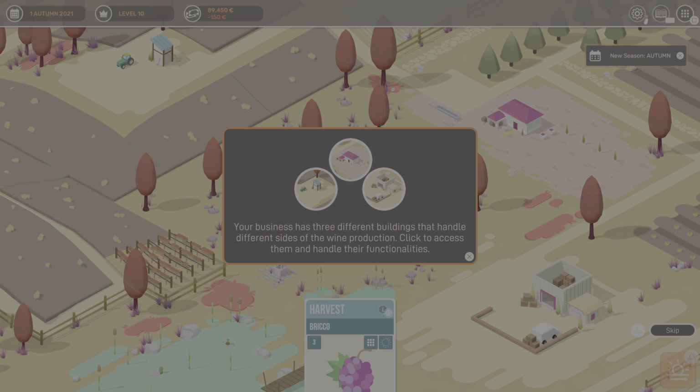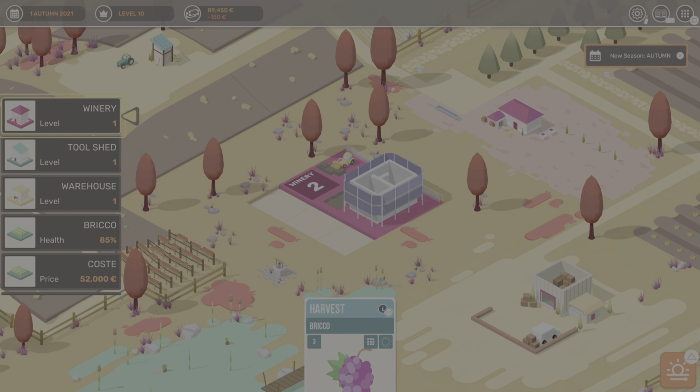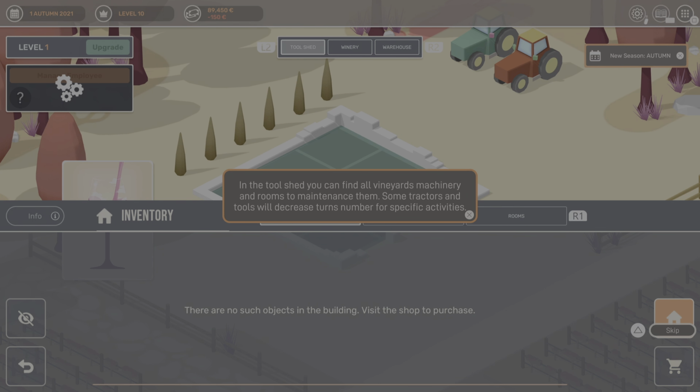But... yeah, it's very different to the style I'd anticipated. The business has 3 different buildings that handle different sides of the wine production. Click to access them and handle their functionalities. So we have the winery, we have the tool shed, the machinery maintained...